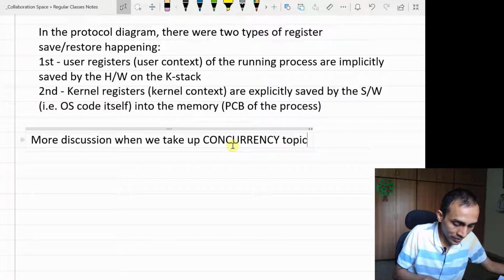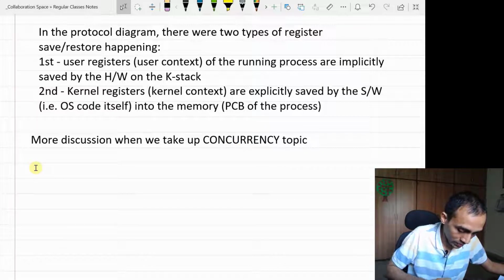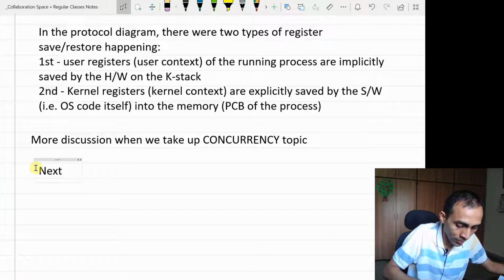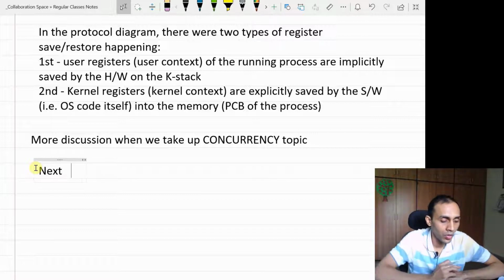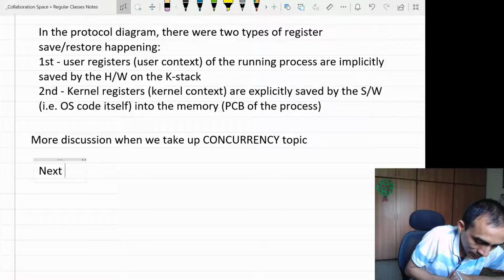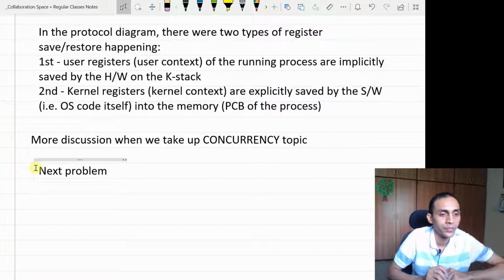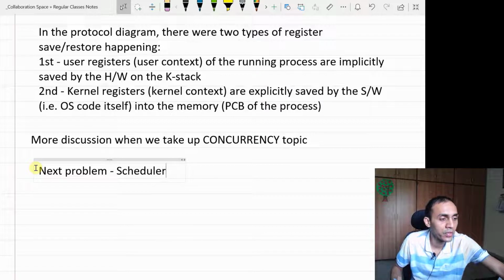So the third question that we raised: what happens if the process does something slow? Before talking about the third problem, where a process does something very slow, or at that point of time some new process has to be started, the next problem that we want to talk about is the problem of scheduling. How does the OS decide which process should run and which process should pause? There will be many processes waiting in the ready queue. How does the OS decide which process should be given the turn?